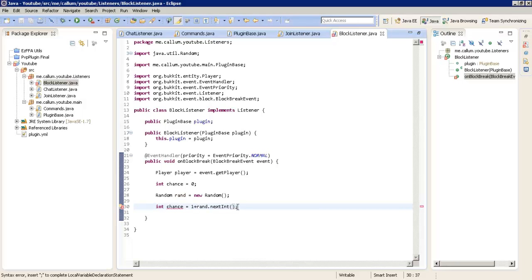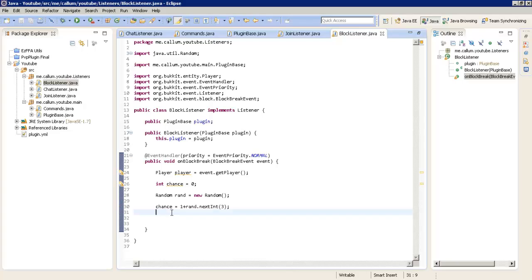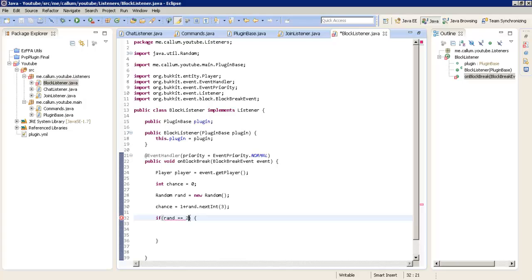Now I want this to be 1 plus random dot next int. So what do I want this to be out of? 3. No, that's not it. Now I need to put if rand is equal to 1. No, let's put it as 2. That's my way. What? If rand is equal. Oh, chance. If chance is equal to 2,